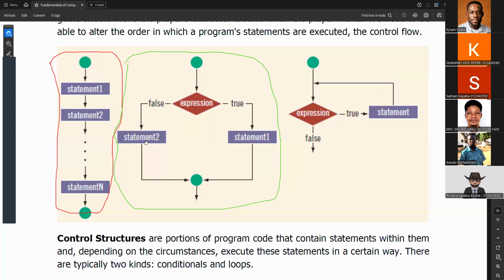Okay. Now there can be multiple conditions. So for instance, Eric's question on grading. Okay, let's say we have,